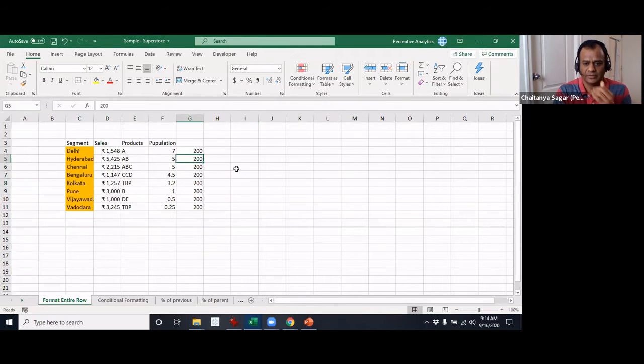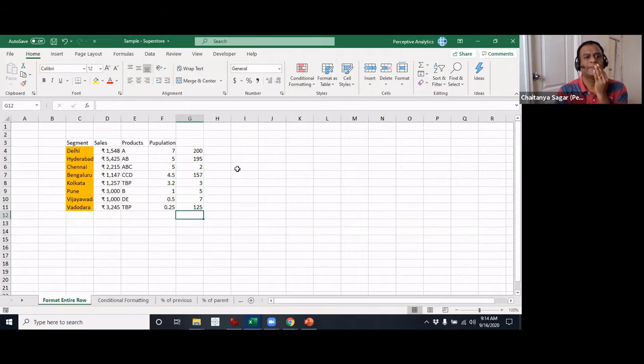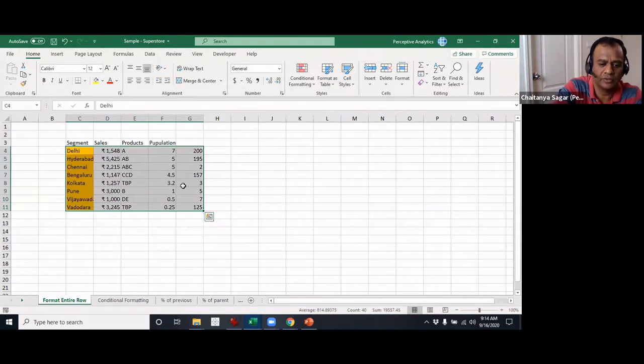Actually, let me do this. Let's say I put in 195, something like that, so that we have some other number, right? 357. Right now we anchored it to G4, and that's the reason why you can see this whole thing is getting highlighted. To figure out how exactly it's working, this is how it works.